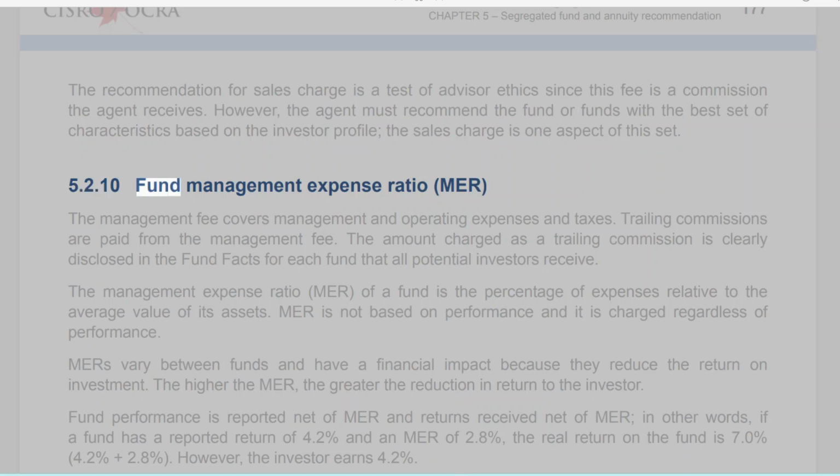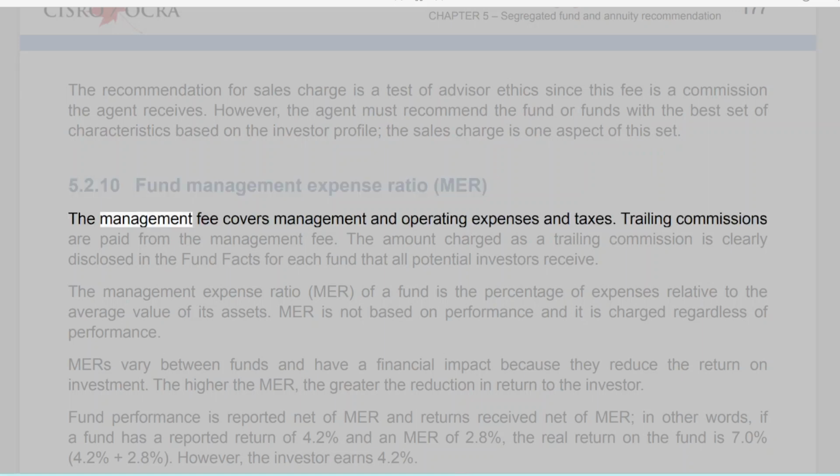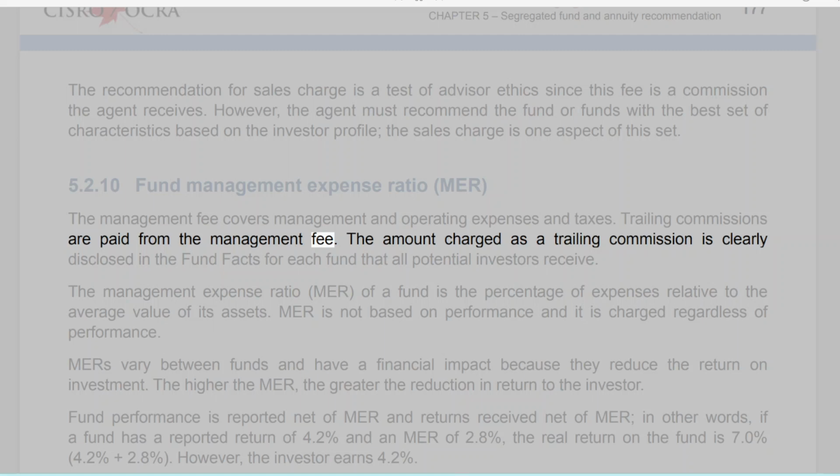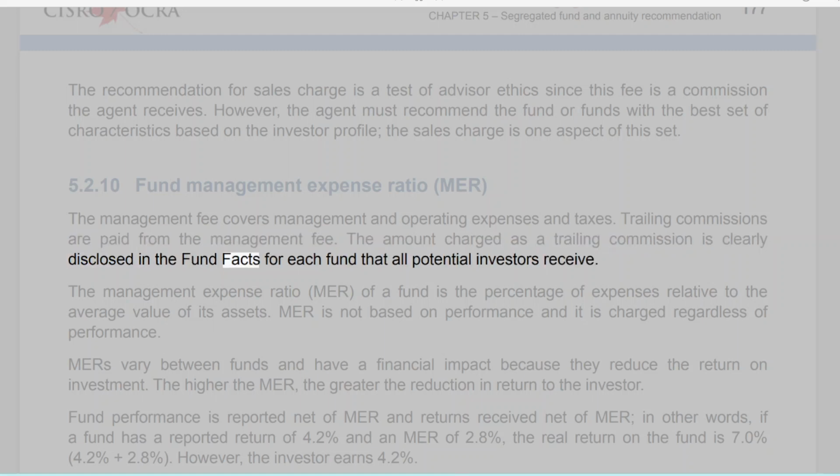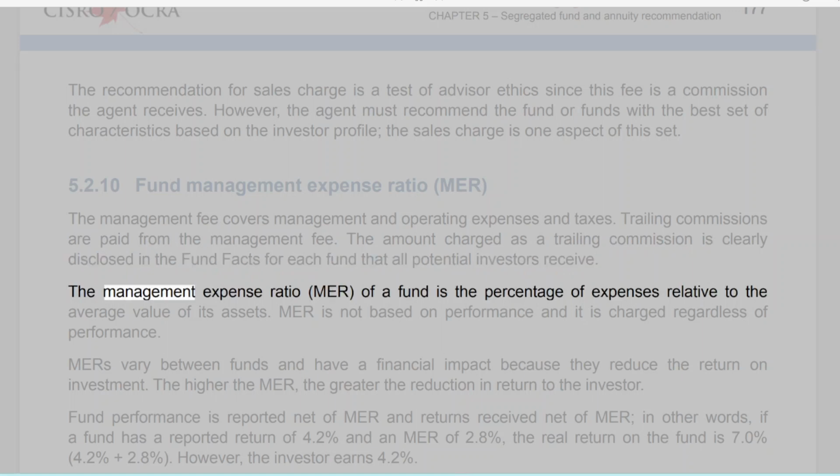5.2.10 Fund Management Expense Ratio, MER. The management fee covers management and operating expenses and taxes. Trailing commissions are paid from the management fee. The amount charged as a trailing commission is clearly disclosed in the fund facts for each fund that all potential investors receive. The management expense ratio, MER, of a fund is the percentage of expenses relative to the average value